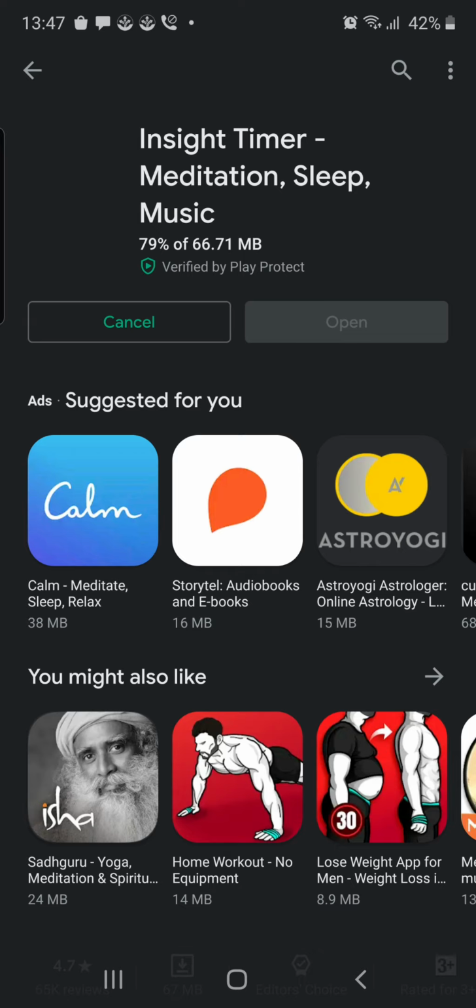The kind of guided meditation sessions which are there, with people talking in the background, or even with music. So I had it installed. I've just uninstalled it to show you what you need to do to begin this. Okay, so the app is installing there. Just give it a minute.